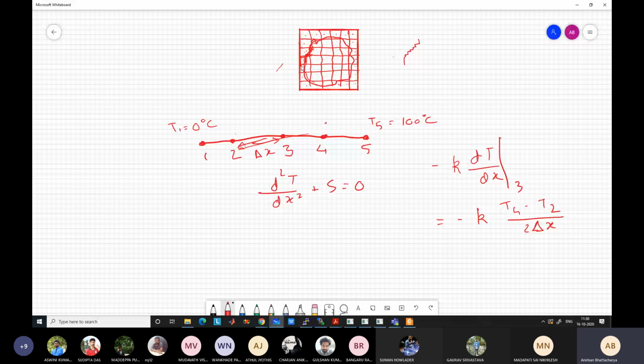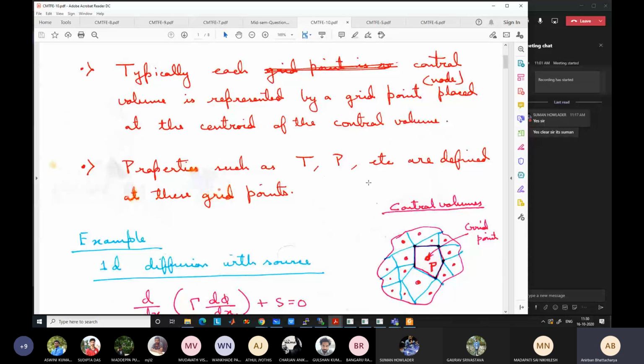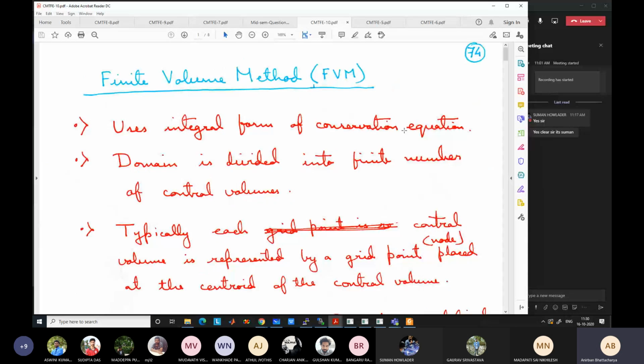So these are some of the drawbacks. Okay, so now we will discuss the other method, which is the most widely used method, known as the finite volume method, and the rest of the course is focused on the finite volume method. Most of the software and other courses, typically written for projects, are based on the finite volume method because it is very versatile in nature and has a lot of advantages.